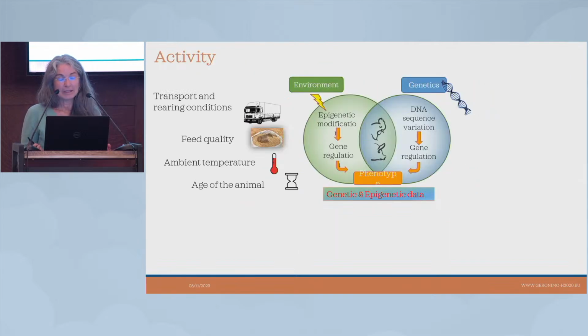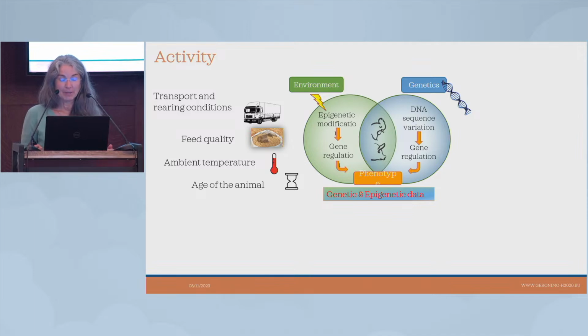So the idea is to combine the genetic part, so analyzing the sequence variation, and the epigenetic modification related to environmental changes. And in the project, we are really looking at transport and rearing condition changes and the impact that they can have at early life stages, feed quality, ambient temperature, age of the animals. So all these environmental changes and their impact on epigenetic modification,